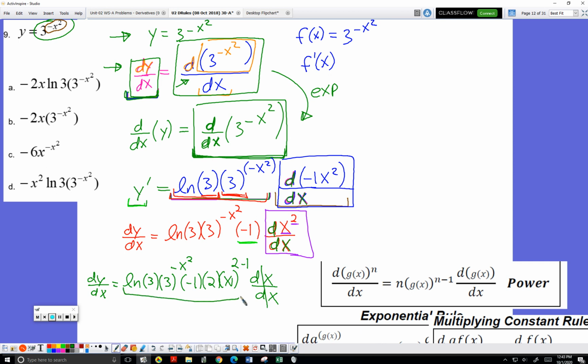We have successfully used the rules to convert from a formula that only a computer can really resolve, it's just too complicated for a feeble human being like myself, to a formula that I can at least work with without a computer. I'll clean it up a little bit. So this would be y prime equals,